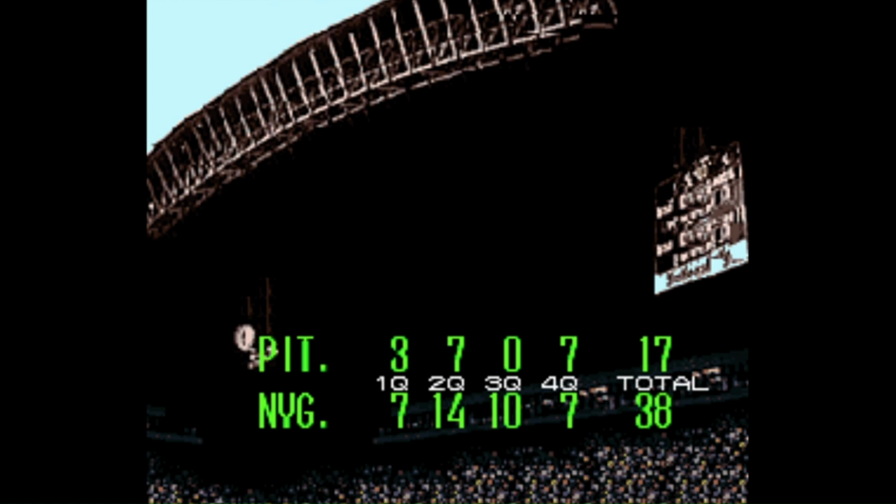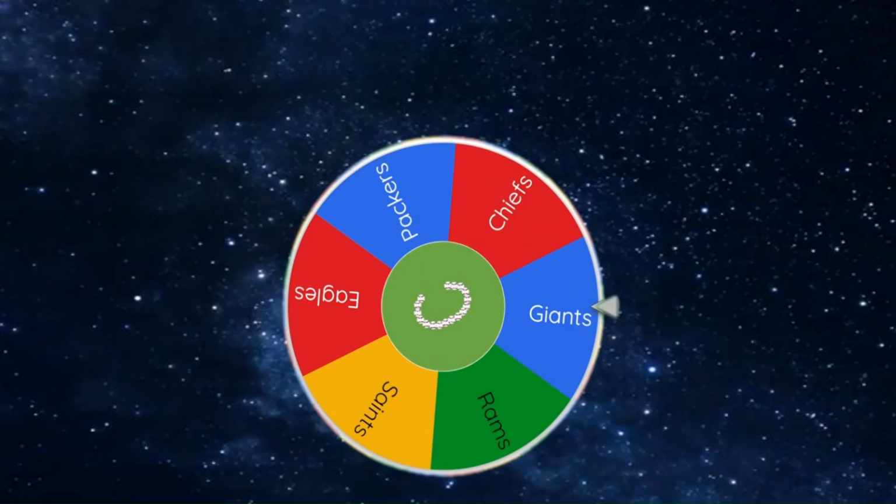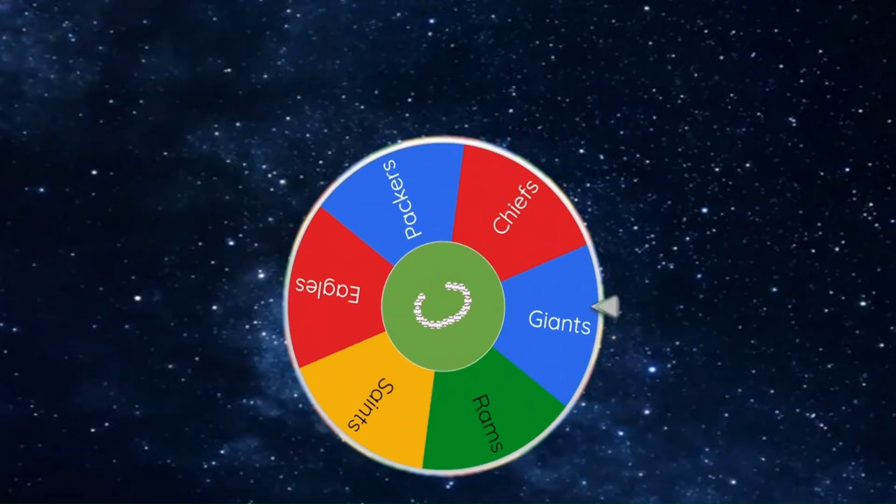38-17 win. This is very hard to believe, but in 36 Imperialisms before this one, the Giants never won 3 games in one season. They've done it now. They take over the Steelers' territory, and of our 6 teams remaining, all of them have won at least 3 games, except for the Chiefs and Rams, who have yet to see the field. We'll be looking to narrow this field down to 5 teams.